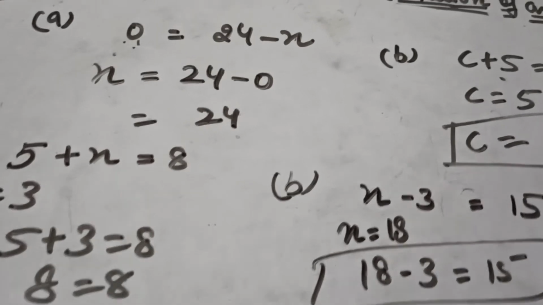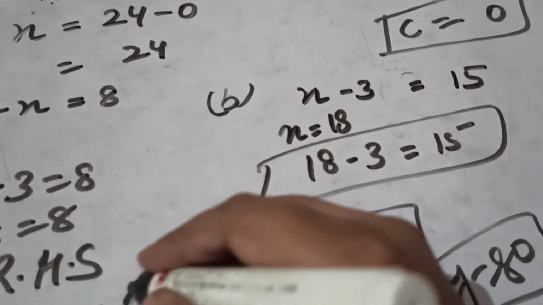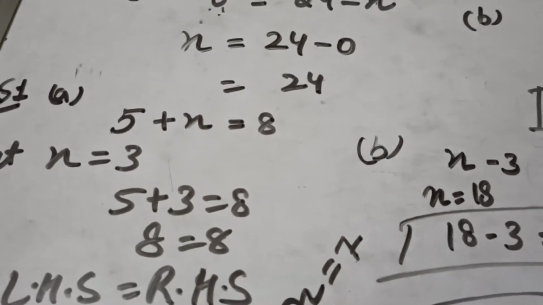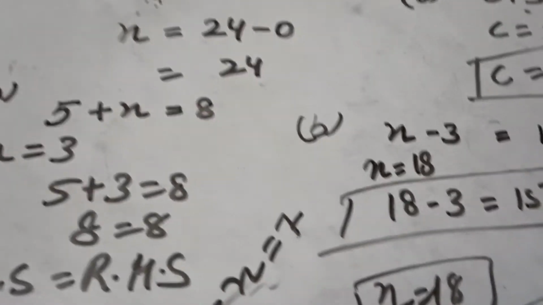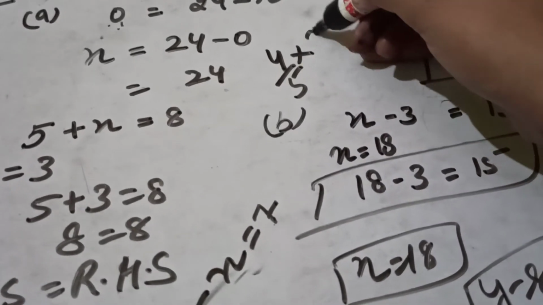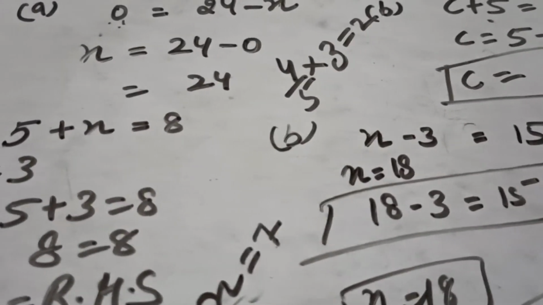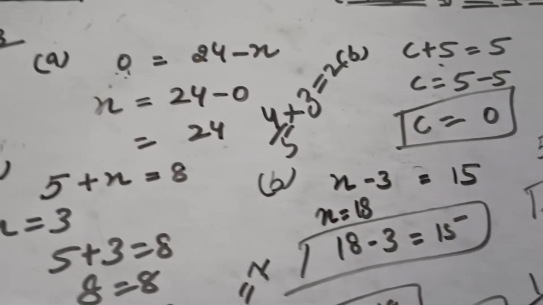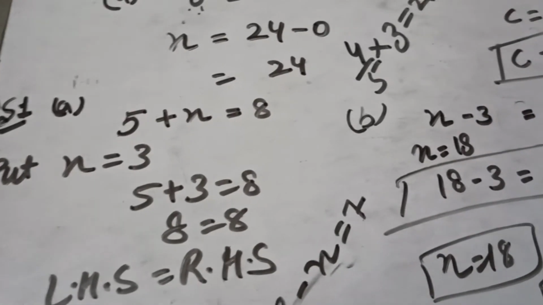A number is subtracted from 3. 3 minus x equals 7. Now you will find the value. F part is 4/5 of a number is 2. 4/5 means 4 by 5. Of means multiply, and a number z equals 2. Now you will solve it and find the value. Clear? This is S1. Now come to the S2.